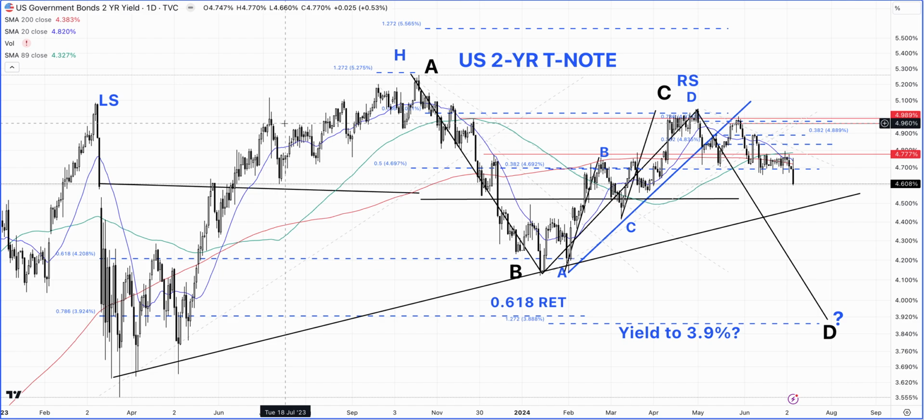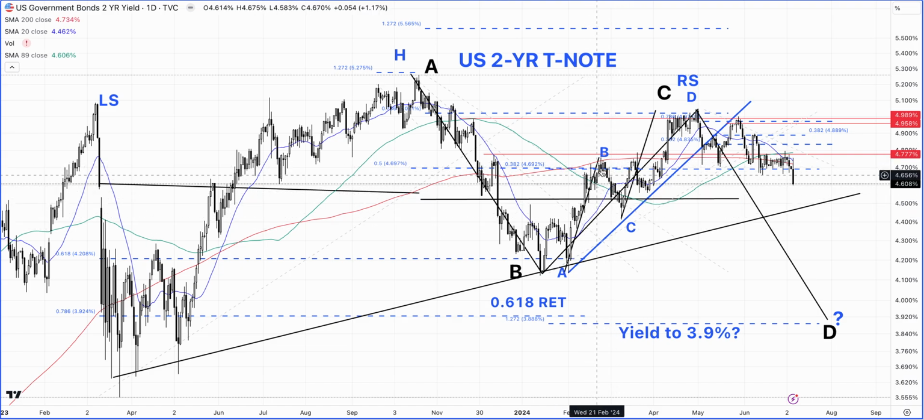When I look at head and shoulder patterns, I always try to look at the time symmetry between the shoulders and the head, for the right shoulder and the left shoulder. And if the symmetry isn't there, then from my perspective, that is not a head and shoulder pattern. But this one has pretty good symmetry between these. So this is why I've labeled these as a head and shoulder pattern. And then we were waiting for further confirmation, because I believe that we are in this ABCD cycle, which could see the yield move as low as 3.9% for the 2-year Treasury note.